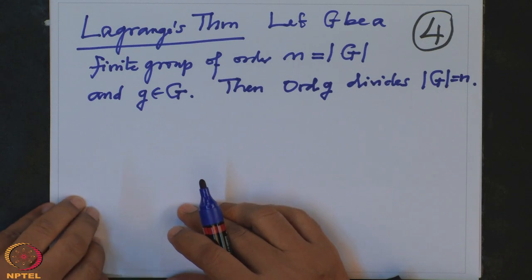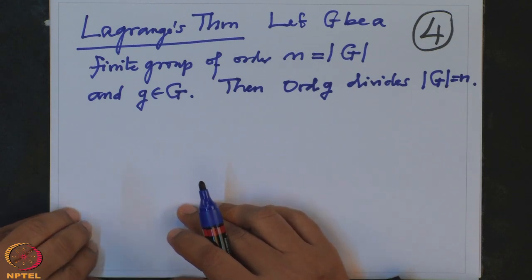Lagrange discovered this theorem while he was studying the relations between the roots of a polynomial and the coefficients of the polynomial, and especially when he was dealing with rational function fields in many variables and the permutation group operating on this and studying the fixed points, etc. During that time he guessed the theorem, which is of course very easy to prove, but Lagrange never dealt with groups. Okay.